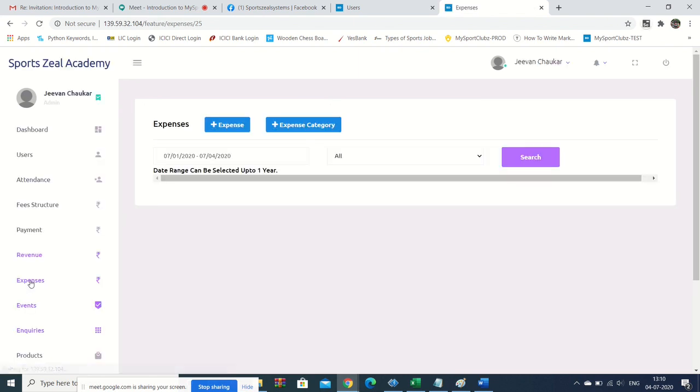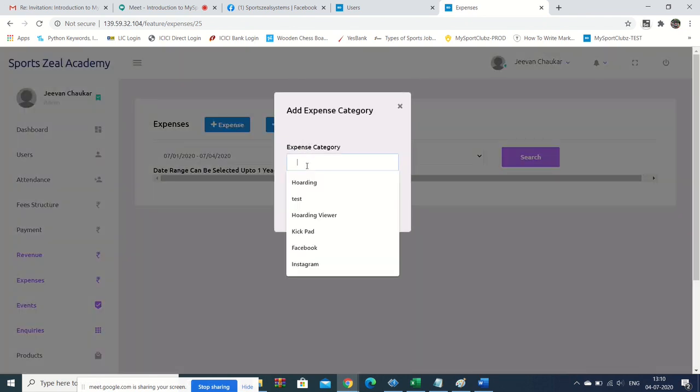Let's talk about the expenses section. The expenses section is again a very simple thing. We allow you to define your own expense category. So you add your expense category. At any given club, you might have all sorts of expenses, whether it is for maintaining the astroturf, providing water and other beverages to the students, providing food, providing boots, providing any kind of hockey equipment, or hockey balls at least.